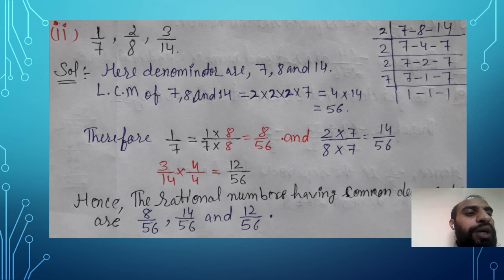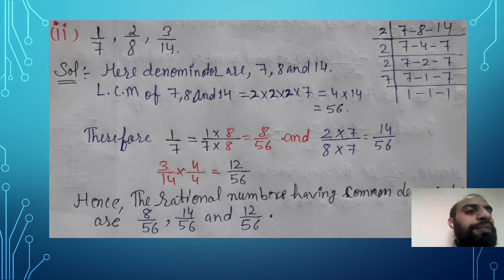You need to write 7, 8, 14, and outside, as you all know, we need to start with the first prime number, that is 2, because this is our prime factorization method. So let's start with 2. We are not supposed to divide 7 with 2, but we can divide 8 and 14. 2 fours are 8, 2 sevens are 14. In next step, once again 2 twos are 4, and leave 7 and 7 as such. Once again 2 ones are 2. Now after all 2 is completed, then you can start with the 7. 7 ones are 7 and 7 ones are 7.